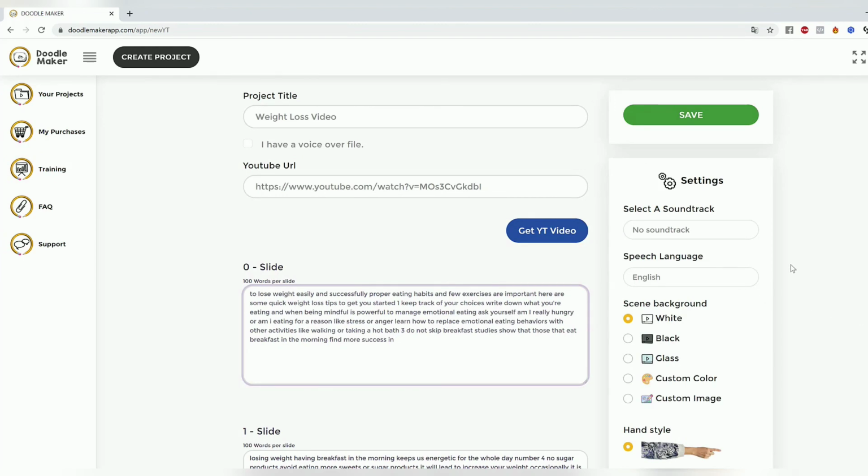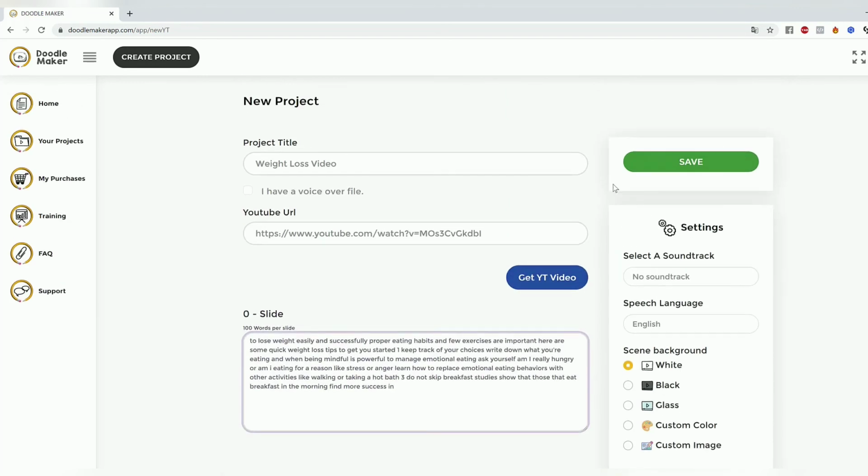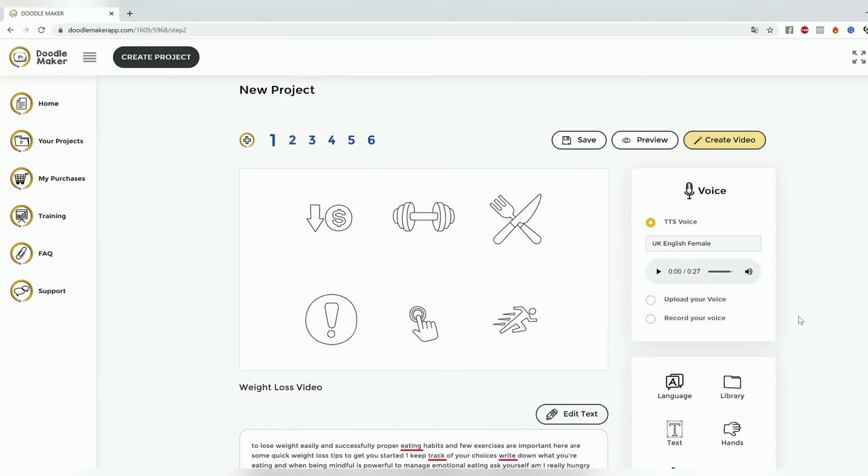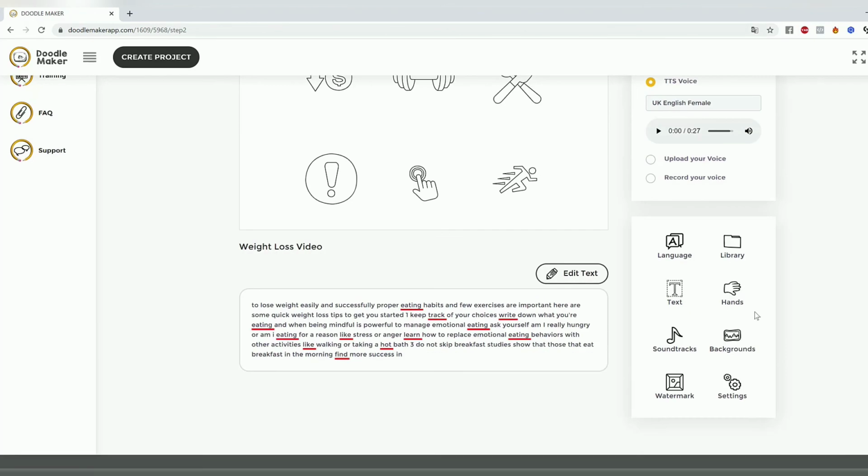And then the cool thing is, you can go into the next step. Let's click save, and then boom, it's going to do our doodle video creation all over again, right? Create the slides for us, as you can see, and all that. And here's the best part, you can convert that language at this